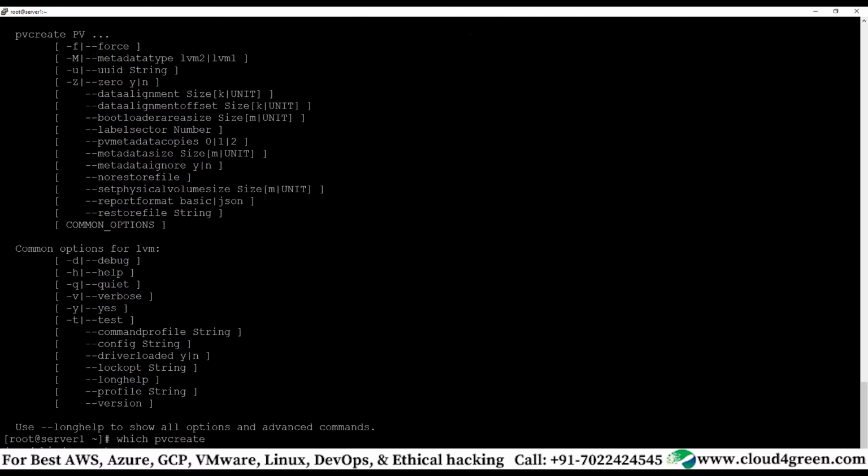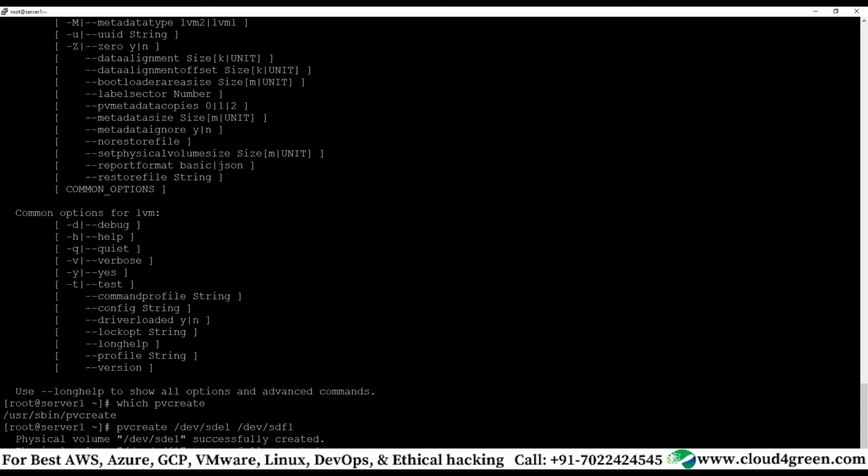So now pvcreate /dev/sde1. Okay. Either you can create individually or you can create both together. /dev/sdf1. Okay. Physical volumes /dev/sde1 and /dev/sdf1 successfully created.